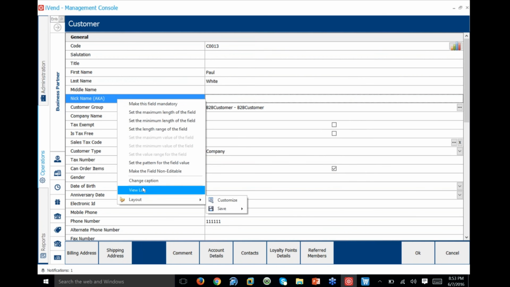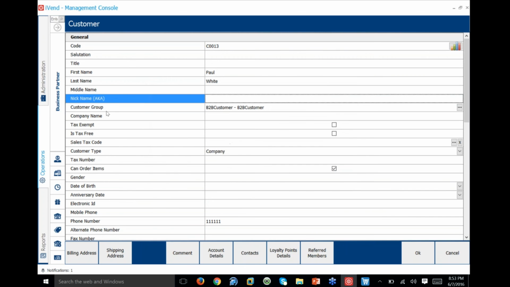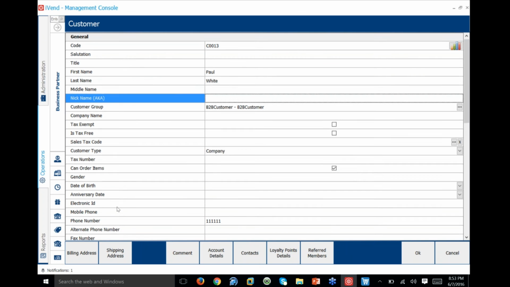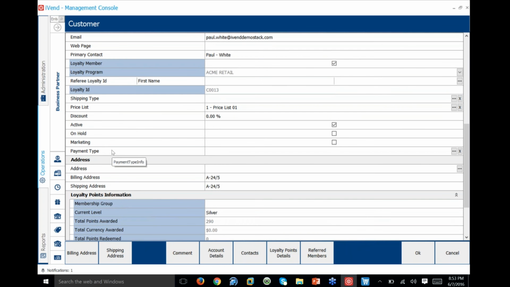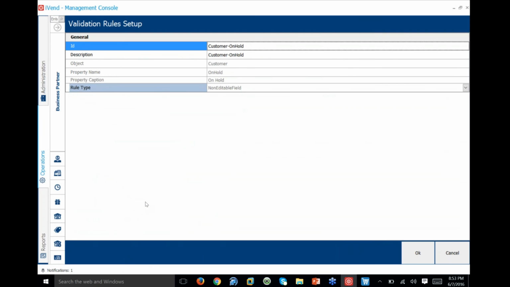It'll always show you what was the original caption. Okay, so I can also, for example, make a particular field, let's say, on hold. I make this field as non-editable. So whenever I say this is a non-editable field,